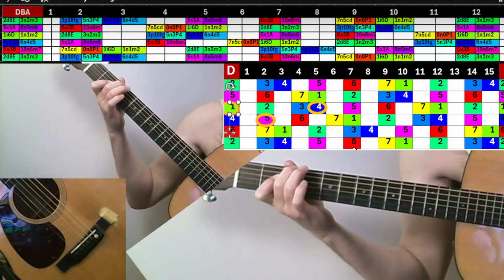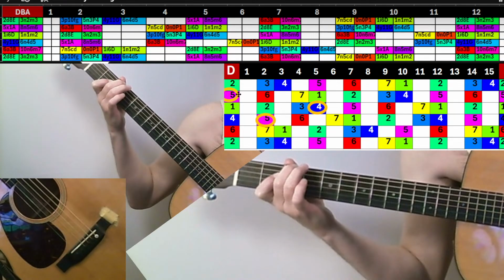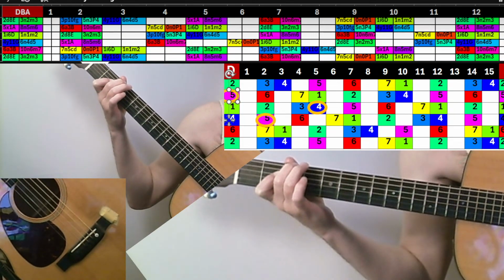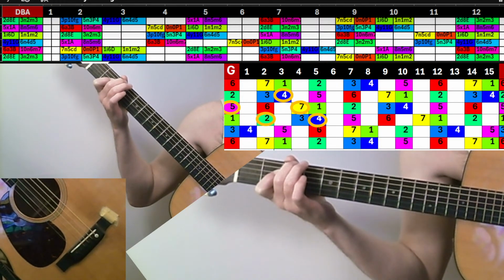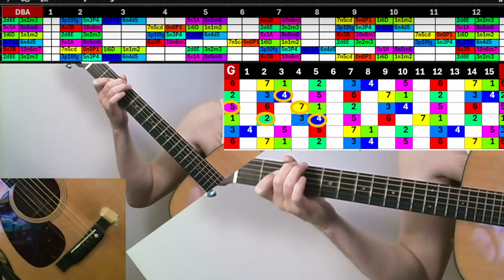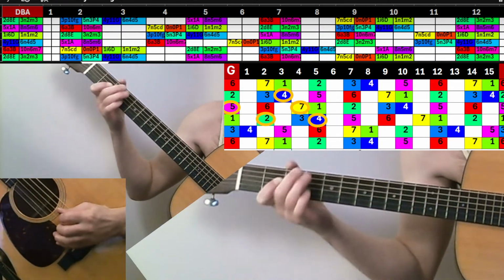So instead of switching to the same collection of notes, in my mind I'm going to switch completely to a different collection of notes around G major, which has a D Mixolydian. And if I map that out,